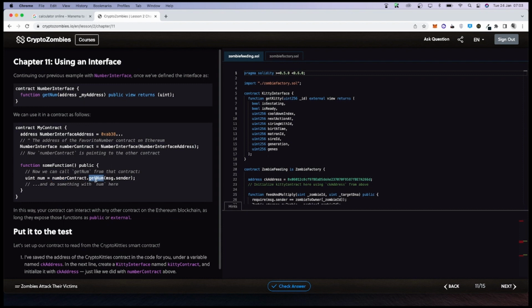You can access any variable that is opened externally to be called. So now we are calling the get number function and passing in this address, and then it retrieves the number that is stored on the